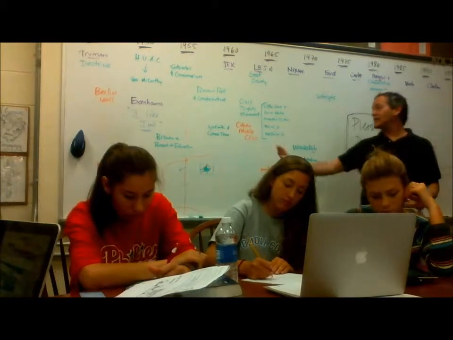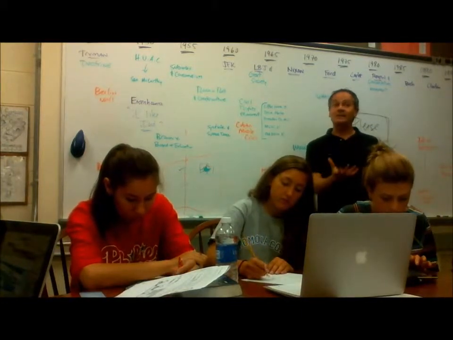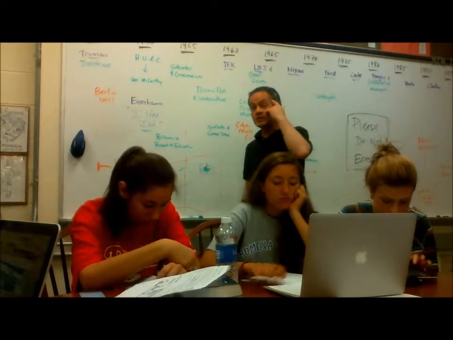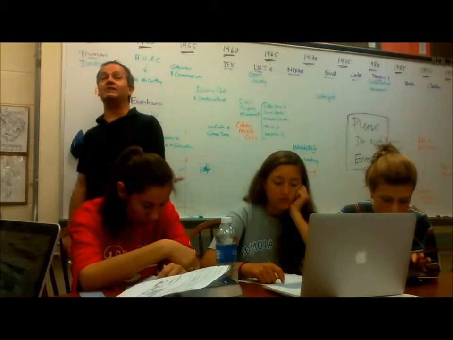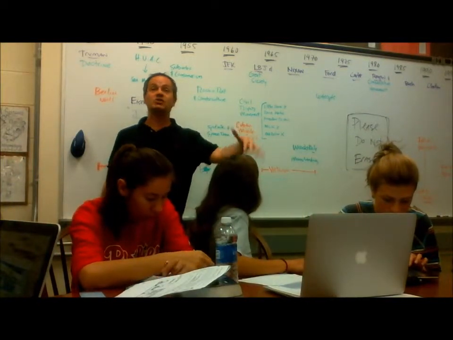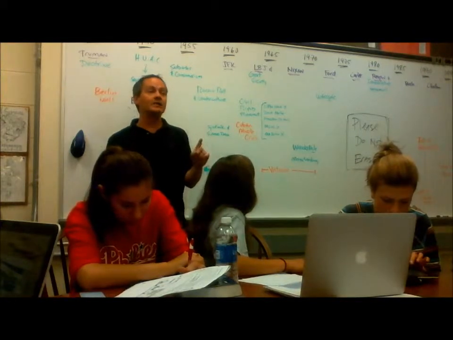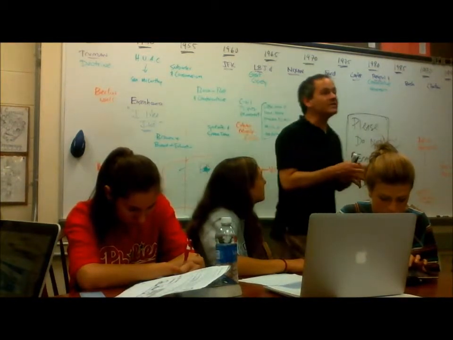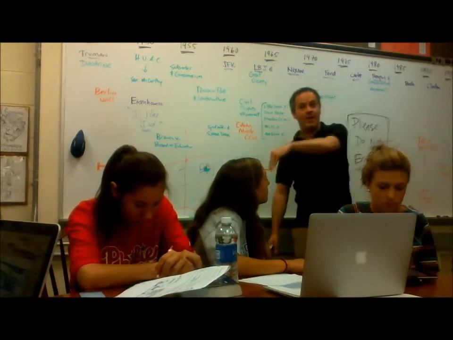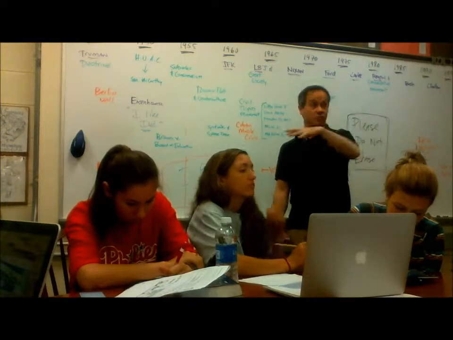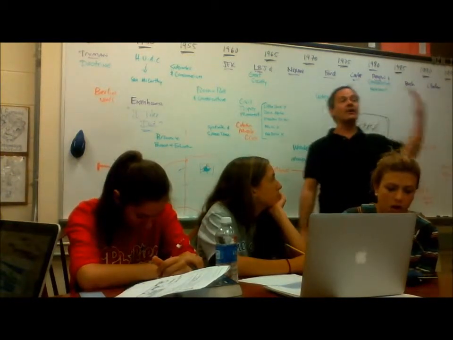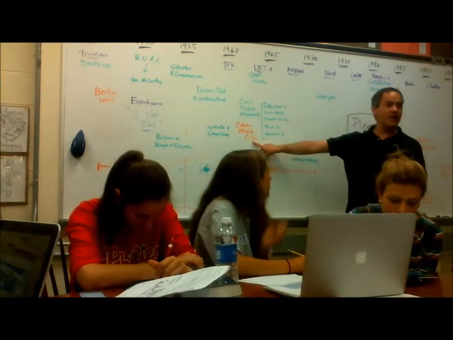So that leads to this period because it looks like JFK's weak. And it looks like the Soviets have an opportunity here. So the leader of the Soviet Union, Khrushchev, decides to put missiles in Cuba. Missiles that could strike the United States. Now keep in mind, at this point, there are no missiles yet developed that can fly from the Soviet Union all the way to America. They could fly into Europe and destroy England and France and the Western European powers, but there's no missiles that could actually strike us until this.